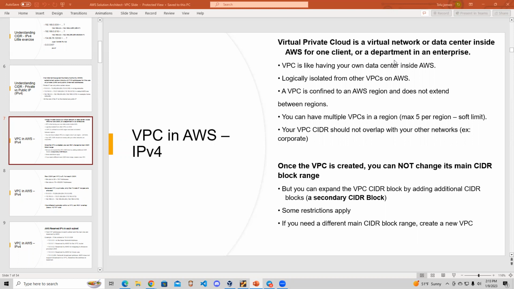Now, keep in mind the internet gateway by itself. Let's say you create an internet gateway within AWS. By itself, it will not grant you access to the internet because there are no rules put into place. So for you to be able to gain access to the internet, whether or not you have an internet gateway attached, you need your route table. Your route table must be edited to allow that. And you have to have your subnets associated to allow you to be able to utilize the internet gateway. So always keep that in mind. If you do not have your route table set, you will definitely still not be able to access the